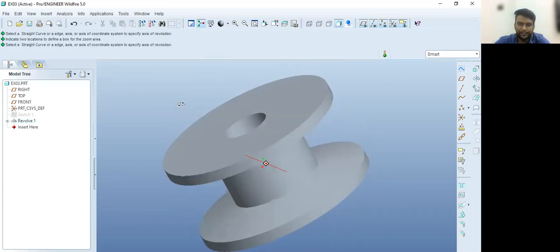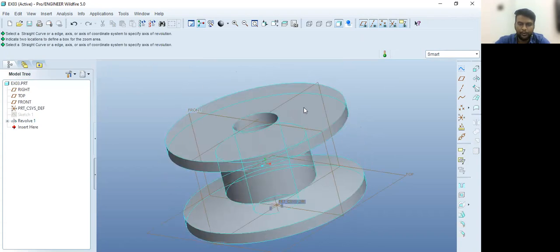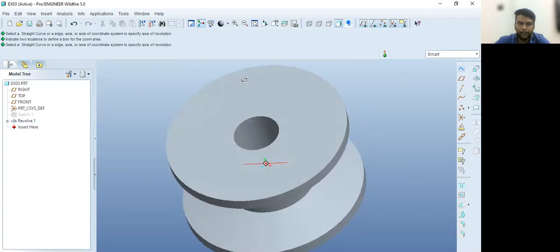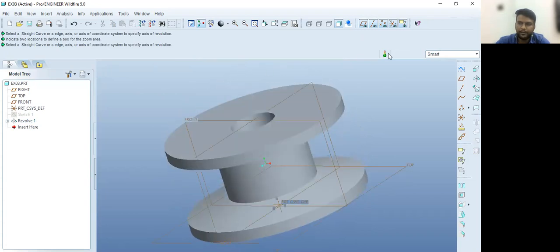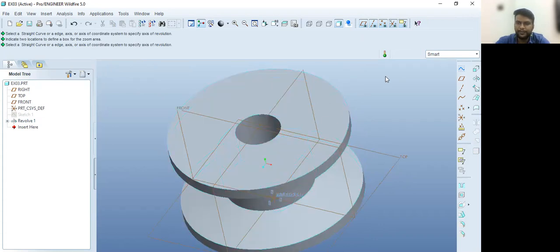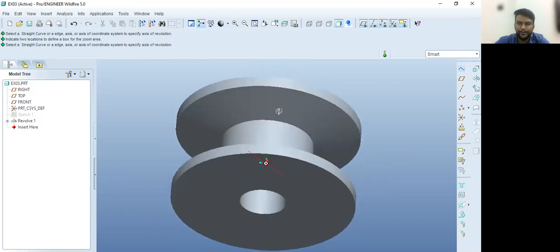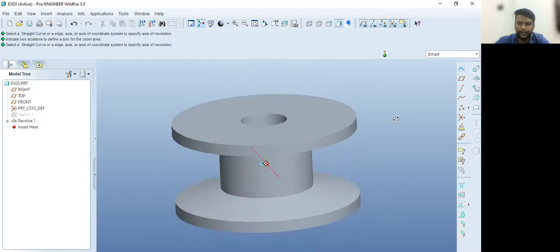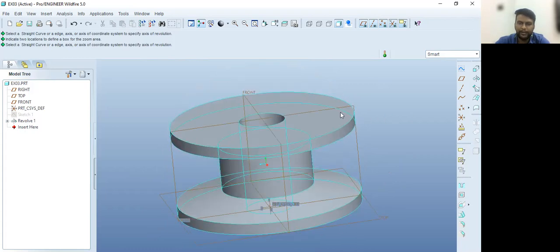Once you have created this feature, now we need to create a hole here, right? To create the hole, we have three different ways. One way is to use the extrude command, draw the sketch and extrude. The second option is to use the hole command. The third option is using the revolve feature. So we are going to use the revolve feature here. You have already seen the hole command and, with the extrude command, how to create the hole that we have seen in experiment number 2. Here we are going to see how to create the hole that is given here with the revolve command.